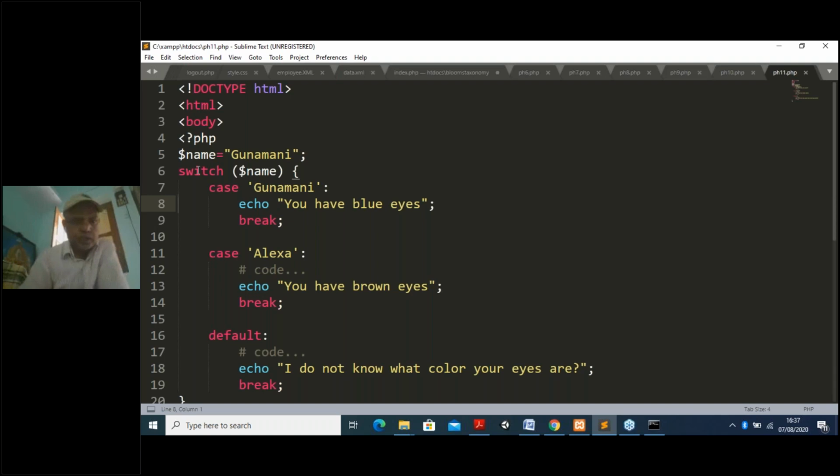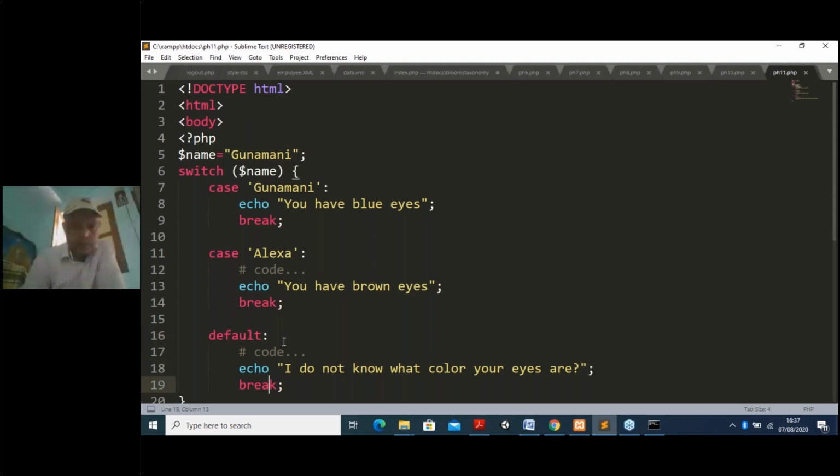In case one, if it is Gunamani, then echo you have blue eyes. Then go for a break. Case 2, if it is Alexa, then echo you have brown eyes. Then line break, and you go for the break. Then default, that means if all the cases above do not match, it will show I do not know what color your eyes are.